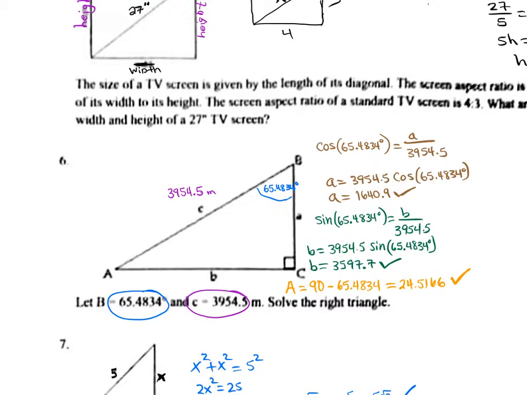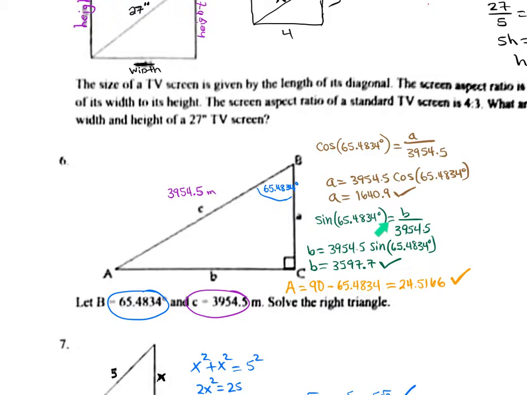We can do something similar to find side B. Side B is opposite of the angle 65, and side C is the hypotenuse. So we can use the sine ratio. Sine is opposite over hypotenuse. So we can say sine of